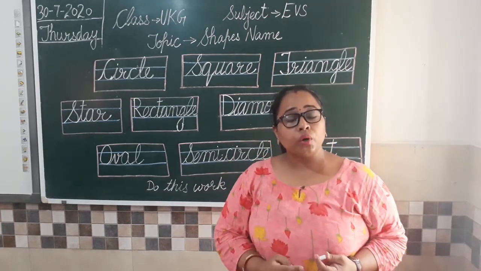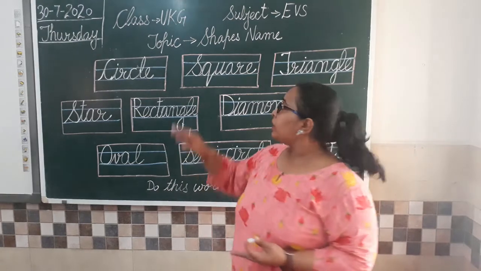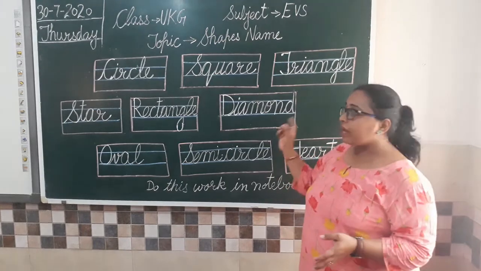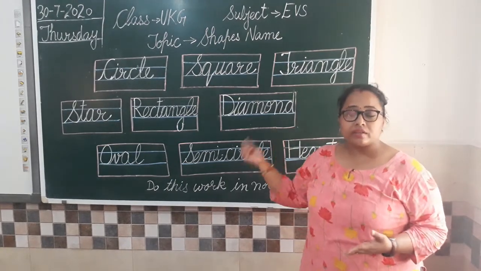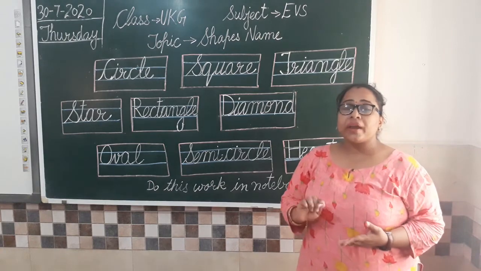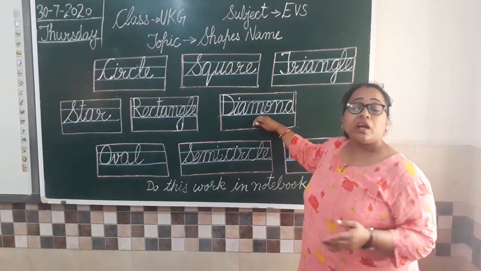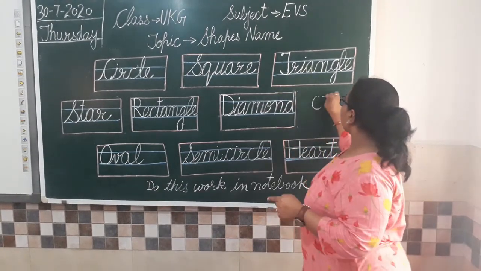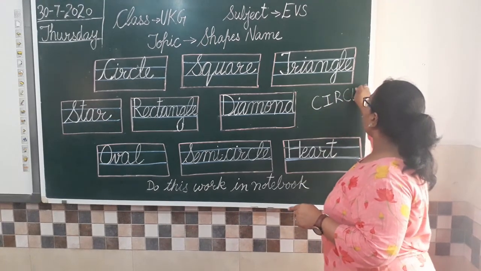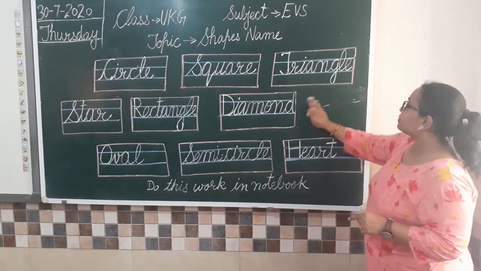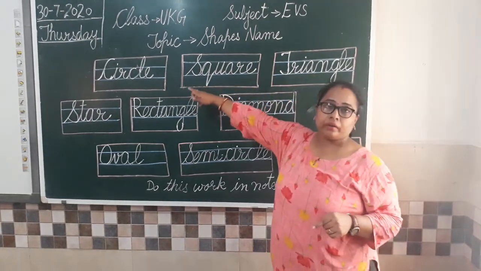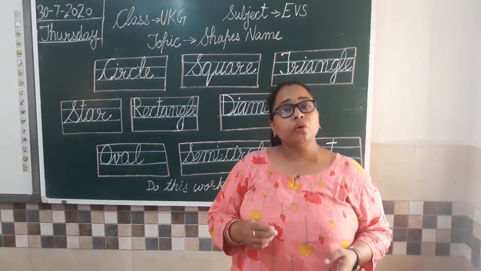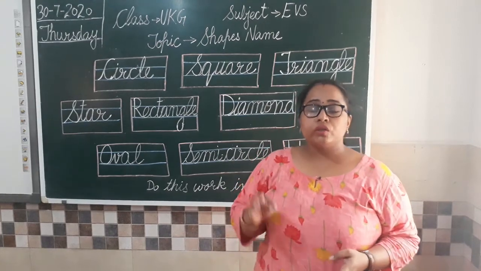So do this work in your notebook neatly, beautifully in cursive writing, because many of the students, around 5-6 students are sharing this work not in cursive writing, rather in print format. So don't write in print format, you have to write in cursive, and no one will do this work in capital letters also. Some of you are writing it C-I-R-C-L-E. No, this is wrong. You will not write this. You have to write it in cursive format. Is that clear to all of you? Join letters with each other. This is how you will be able to write quickly and beautifully. So practice writing in